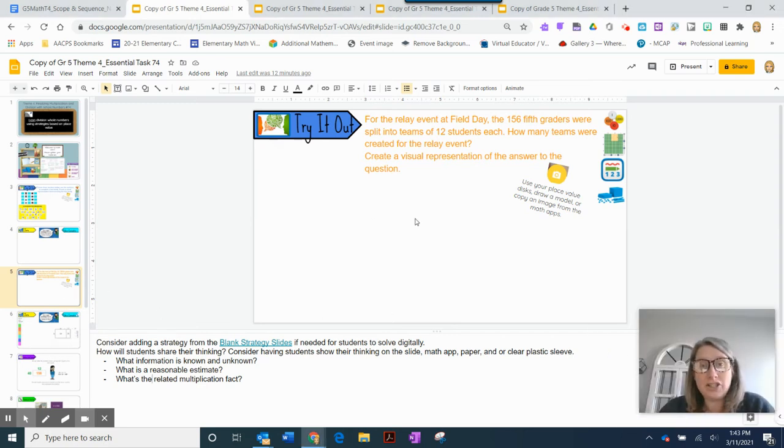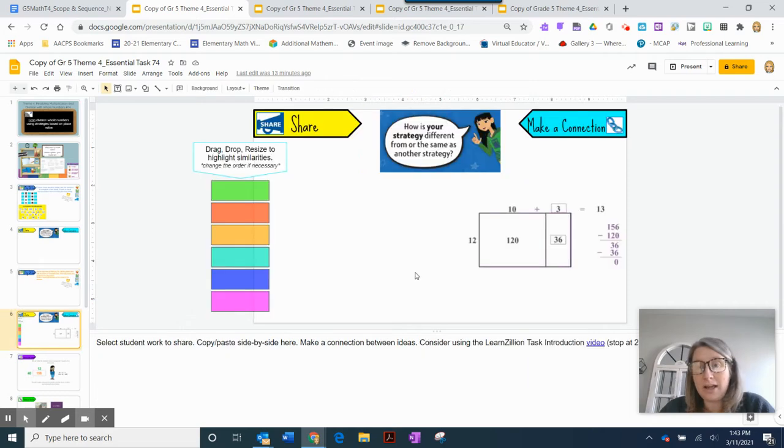So just thinking about that, we do have an area model here. There is a video from LearnZillion to show that area model, and consider taking some student work and highlighting maybe partial quotients to the area model, and how are they similar, how are they different. The other option is a student might be still making arrays, so you could also do an array compared to an area model. Once again, we can drag and drop these to show those similarities and highlight those partial quotients,